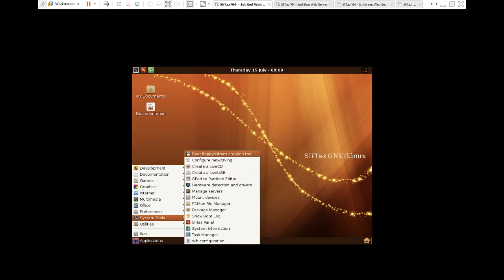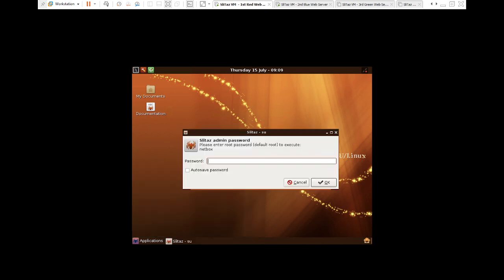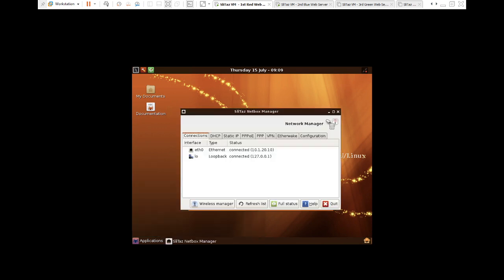Configure networking. I just need to make sure that root is the username. Now the Ethernet is 10.1.10.10, but I would like to configure this as 10.1.10.10.